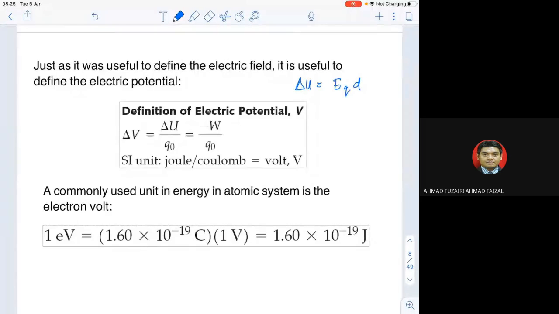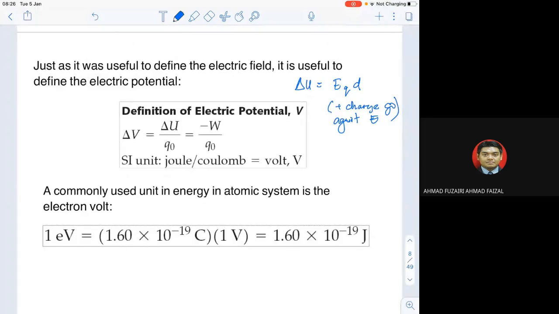Remember, a positive charge goes against E, so this one is for a positive charge going against E. So that should be the delta U, equivalent to EQD, where the positive charge goes against the electric field, right? So when we are using delta U equals EQD, there are some definitions about electric potential. On this part, we want to learn about electric potential energy, and also the difference between electric potential energy and the electric potential.